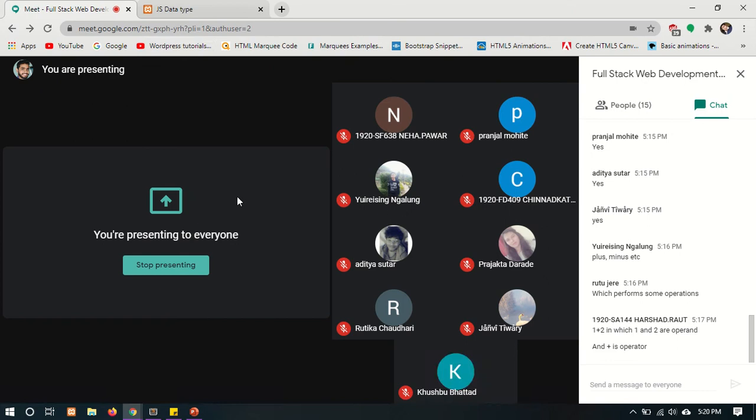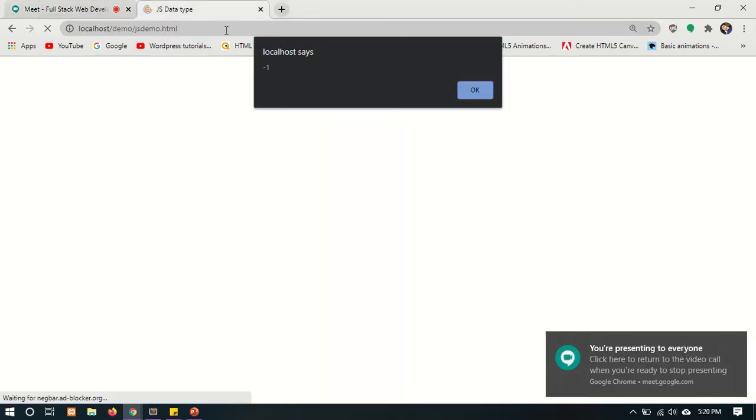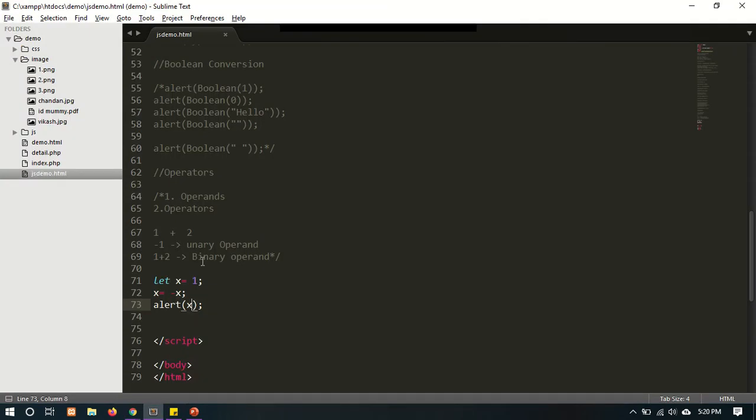Let's see what it returns. Let's refresh. It returns -1 because it is unary: we are storing 1 in x, then converting it to minus x. So it prints -1.